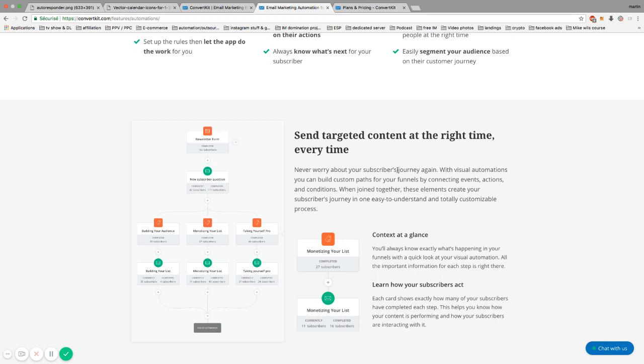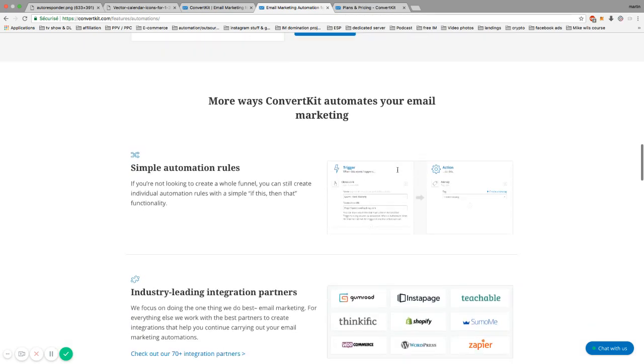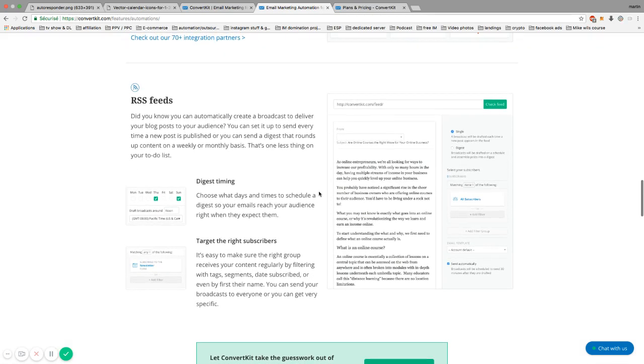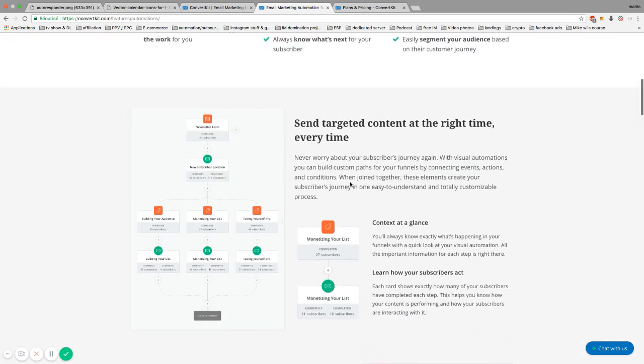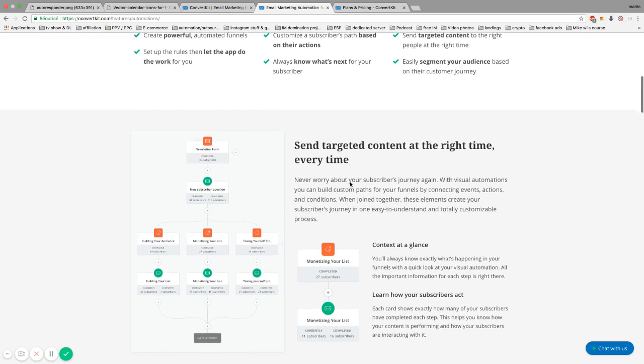All right. You can have your blog. So if you have a blog, you can have your blog via an RSS feed. Every article of your blog can be sent directly to your subscribers without your intervention. You just post your blog post, and bam, it's going to be sent to your